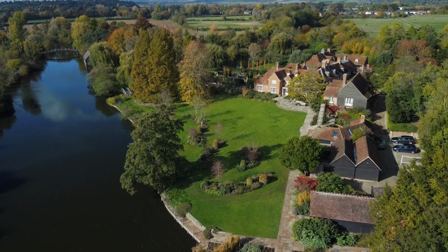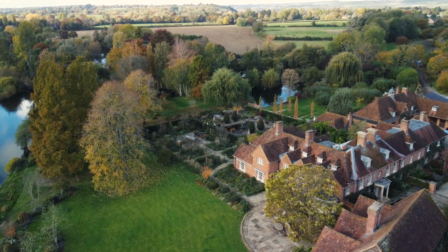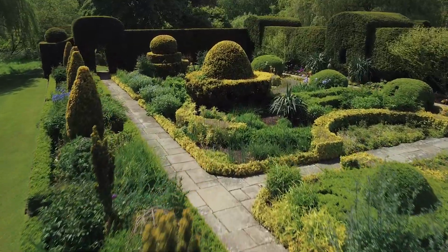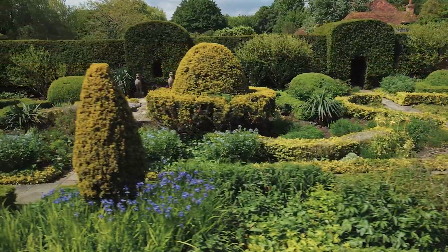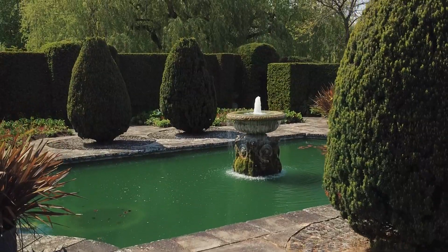This property is right on the River Thames. When I met the client originally, she was looking for somebody who could be relatively bold and also be able to understand the process of what had transpired over the last 50 years and to see how we can keep all the best components of it and then to be able to slowly unpeel it,